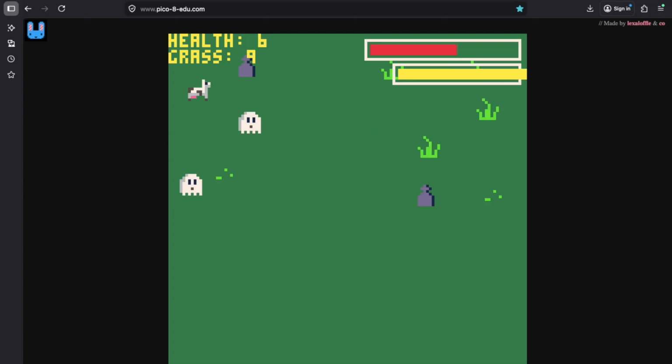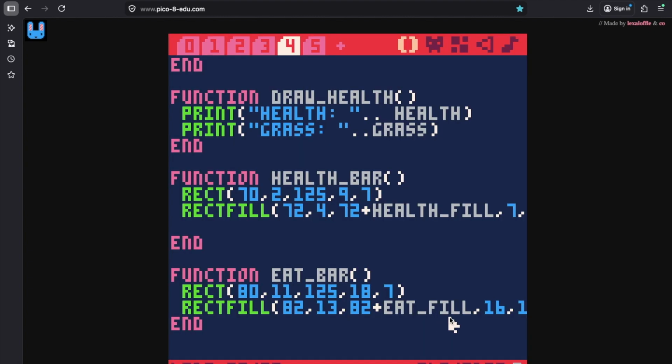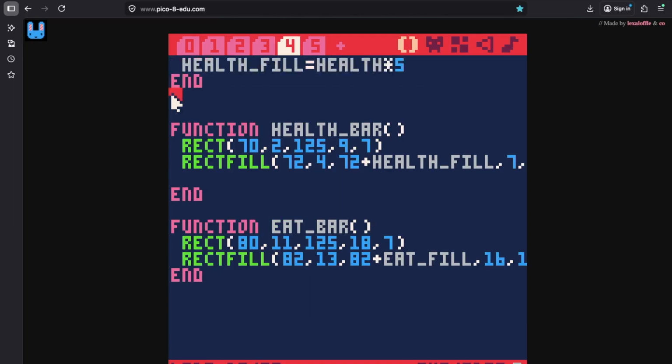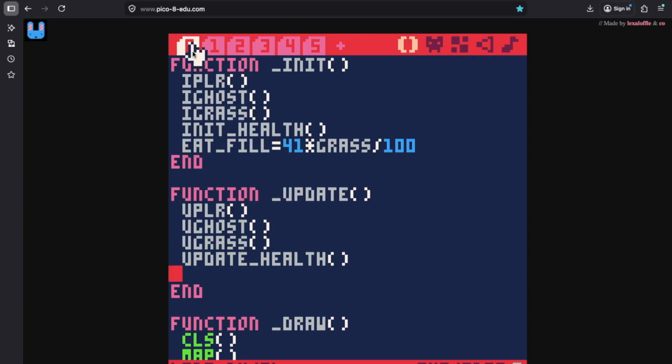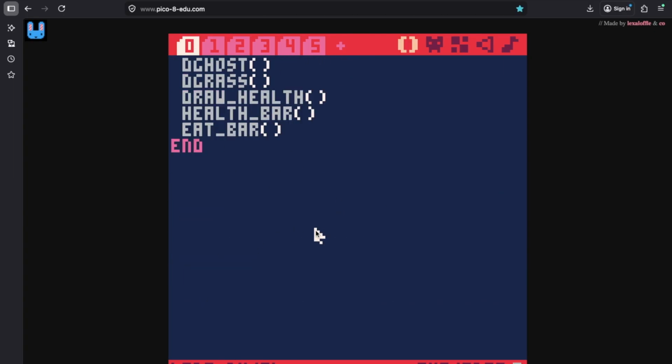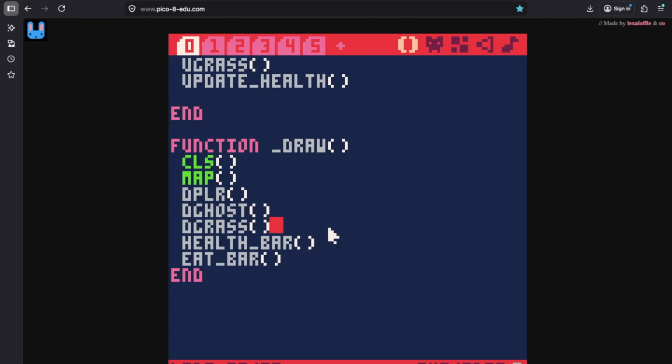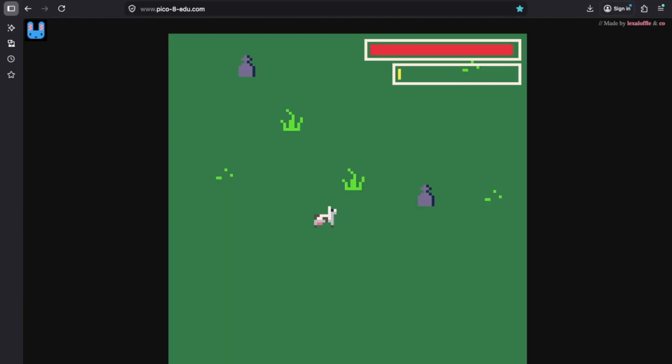Now that I'm looking at it, I actually don't need this stuff up here in the top left corner anymore because it works. So I will go ahead and delete this now because I have my bars. And I will also delete that from here. And I will run that again just to make sure nothing is broken. Okay, and it looks a lot cleaner that way. Okay, this is good.